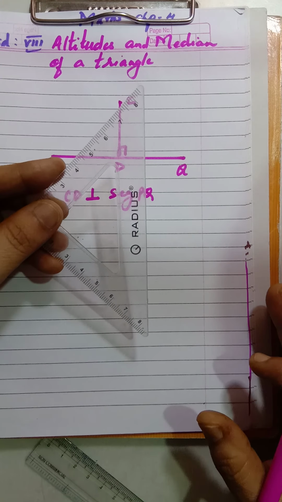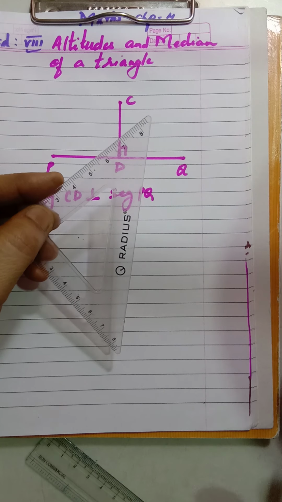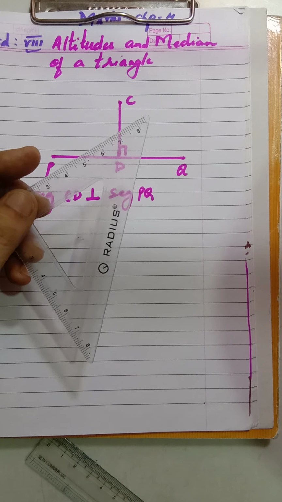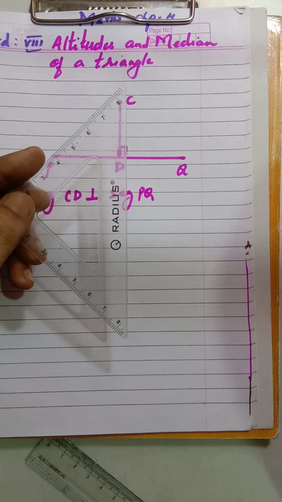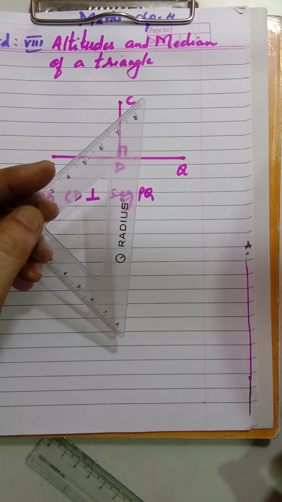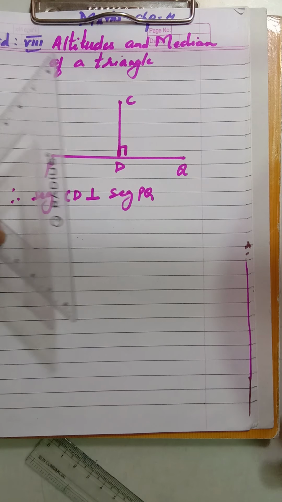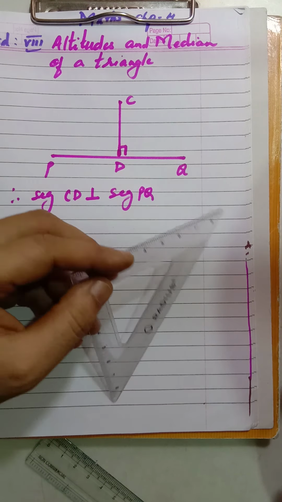Set square. So from this chapter onward, whenever you have to draw a perpendicular, if it is not mentioned otherwise, you can use this set square and draw the perpendicular, so there will be no issues. Now in this chapter, wherever we have to draw a perpendicular, we will be using the set square. So I hope everyone has understood this activity.